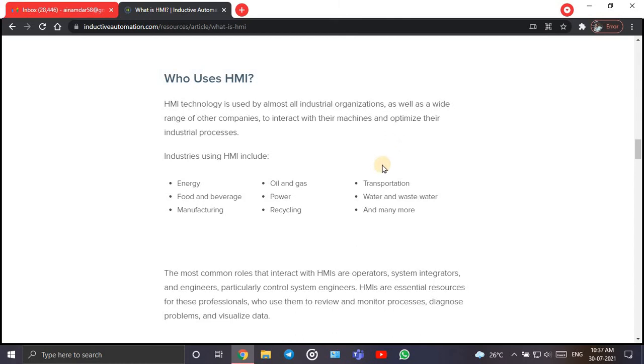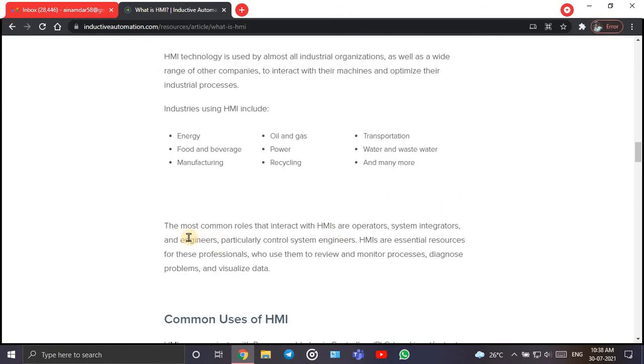So industries using HMI include energy, oil and gas, transportation, food and beverages, then power, water and wastewater, manufacturing, recycling, and many more. The most common roles that interact with HMIs are operators, system integrators, and engineers, particularly control system engineers. Okay, so HMIs are essential resources for these professionals who use them to review and monitor the processes, diagnose problems, and visualize data.